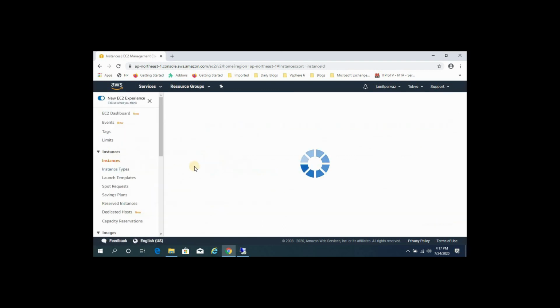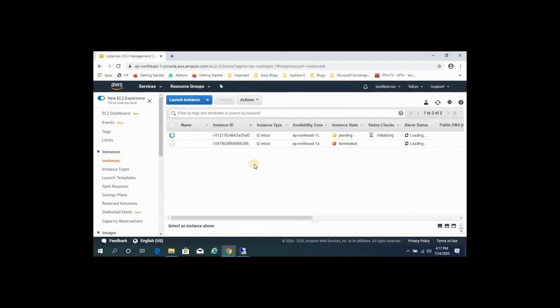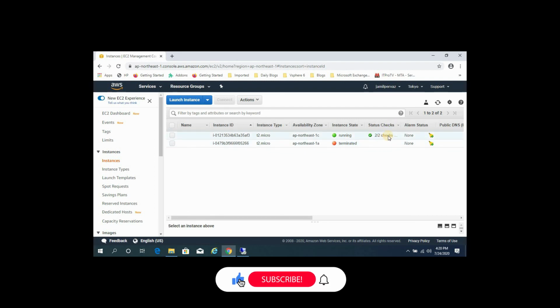Select View instances. It's in a pending state and the status is initializing, so we can wait 4 minutes to complete the task. Now you can see our instance is running and status checks are 2/2. So we successfully performed our lab.